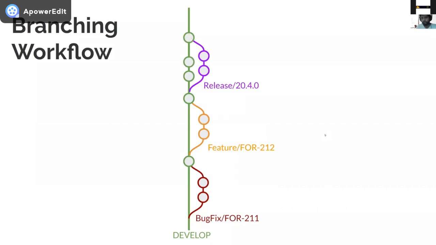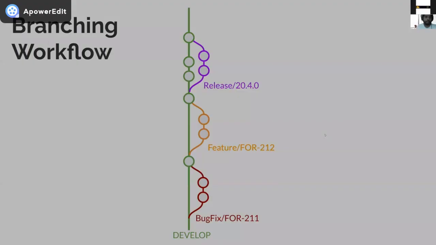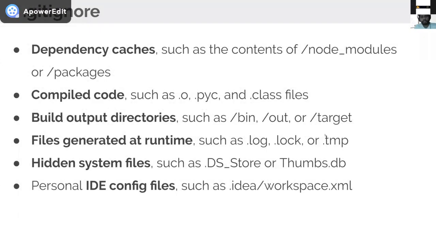And there are certain branching workflows used in the industry, such as Git flow and GitHub flow. You can search and learn about those. And there is another special file called .gitignore, for version controlling in a typical project. Let's say in a Node project, I hope you have used Node.js in some of your projects, there could be a folder called node_modules.